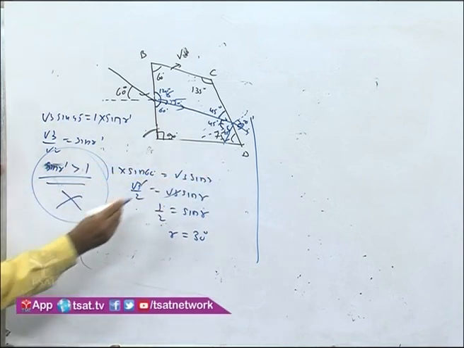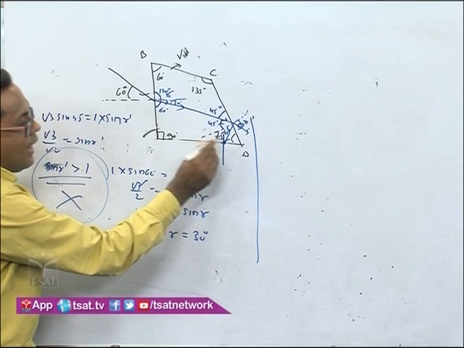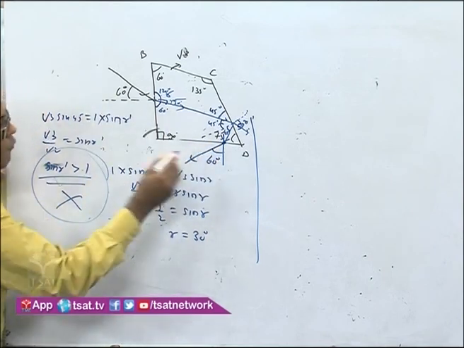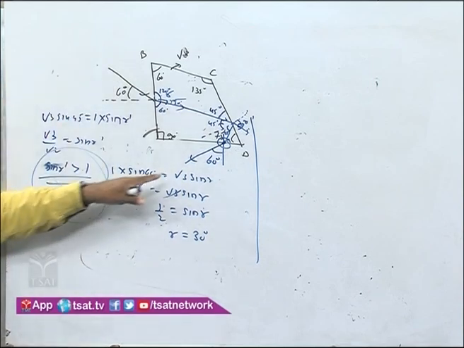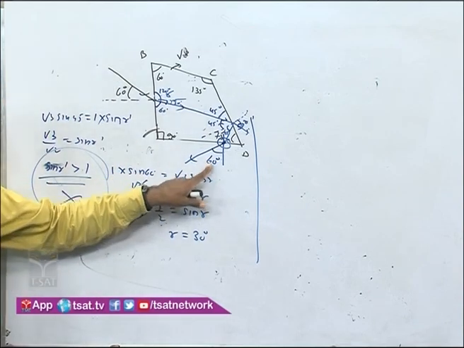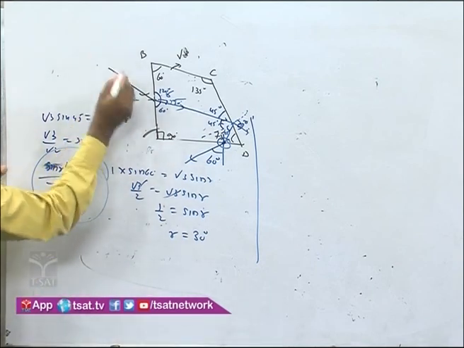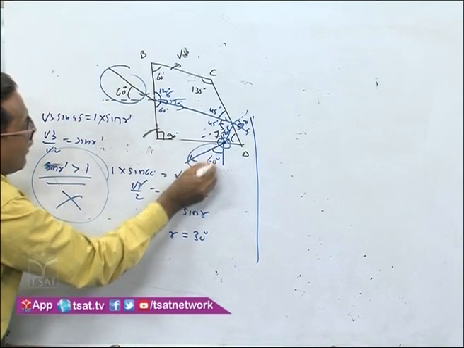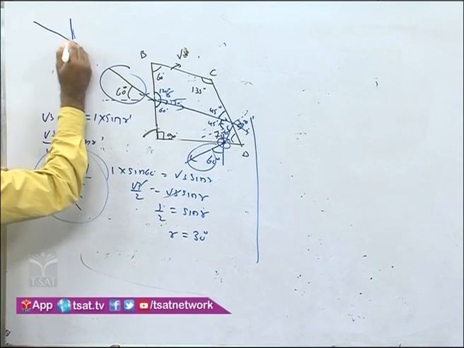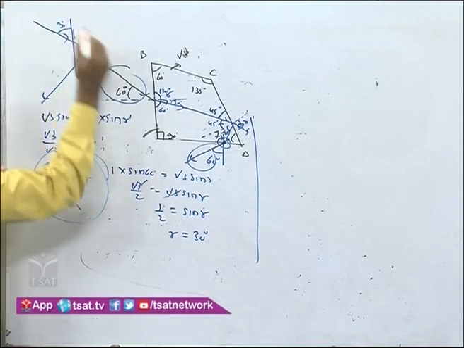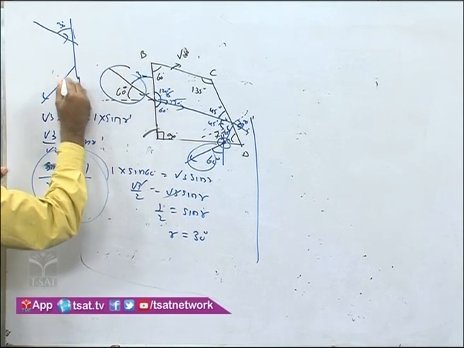Now again if you apply the Snell law over here, you will find that the angle of refraction will come out to be 60 degree. And therefore now you can see over here, this is the incident ray, this is the refracted ray. This angle is given as now 30 degree with the vertical, this will be 30 degree. This is say 60 degree.